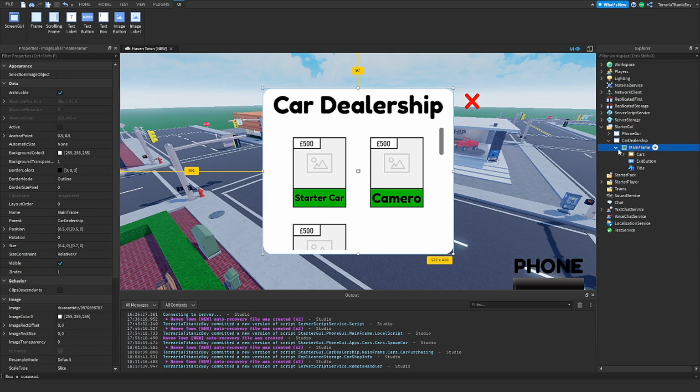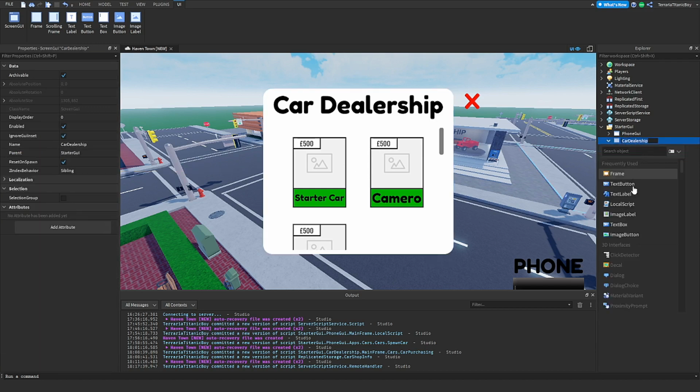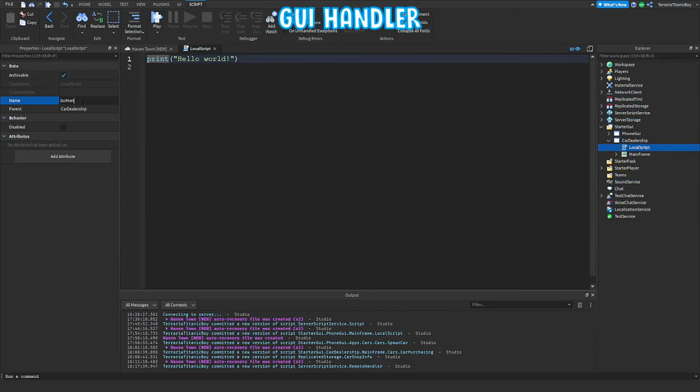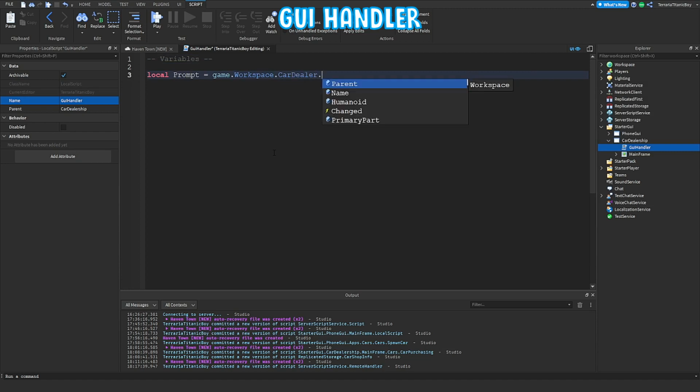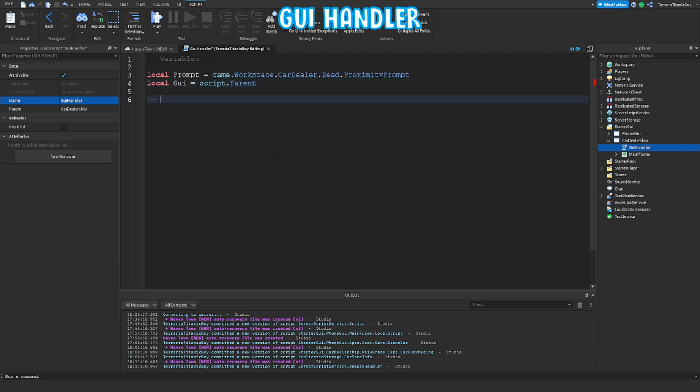Which reminds me, we should probably go to here, add a local script, and then just name this GUI handler, and then just set these variables, which is local prompt equals game.Workspace.CardDealer.Head.ProximityPrompt. So I said don't change it, just so you know what it is, unless you remember, which is fine. Then local GUI script.Parent, and then the main program,